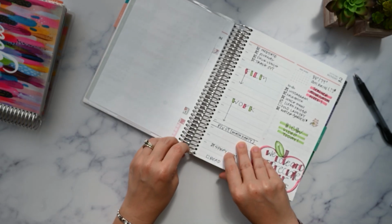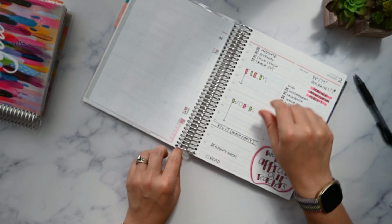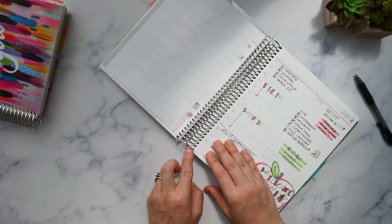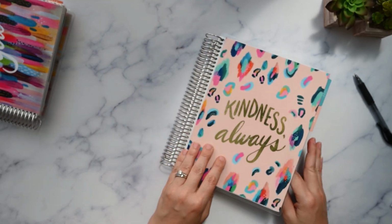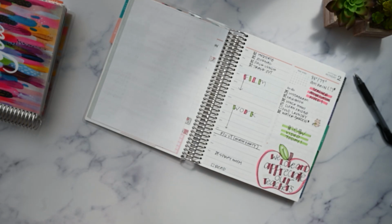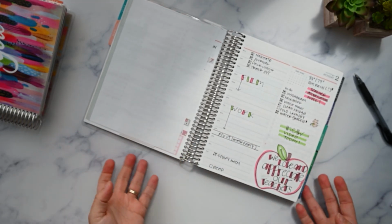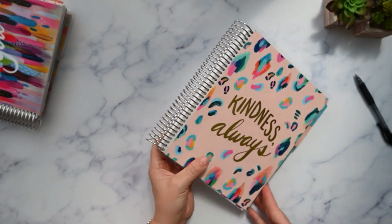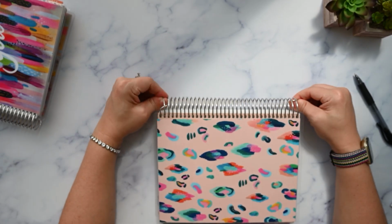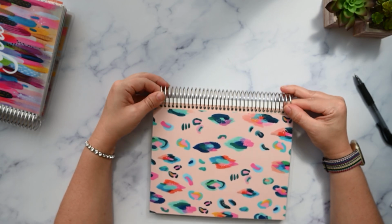So all these pages here are ripped at the bottom. That will probably bother a lot of people, I think, just because it's fallen apart. That's a direct result of taking this apart and putting it back together again. I'm not gonna lie, that's exactly why it's doing that. And so that is one of the reasons why I'm not sure if I will Frankenplan again in the future,